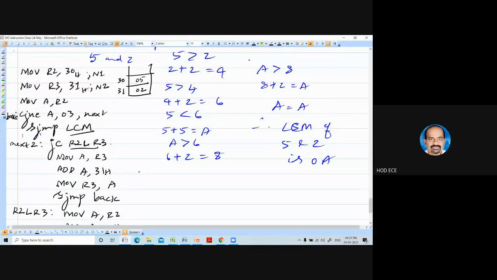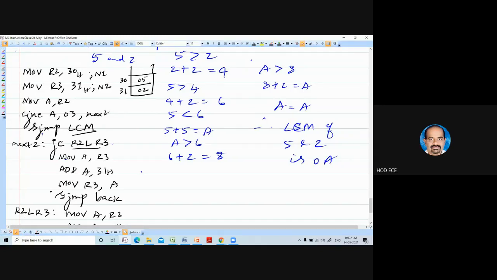So this back should be to, it's very important. This back should be to move R2 to A. That is important. Every time it has to compare R2 with R3, no? So this back should be to here.